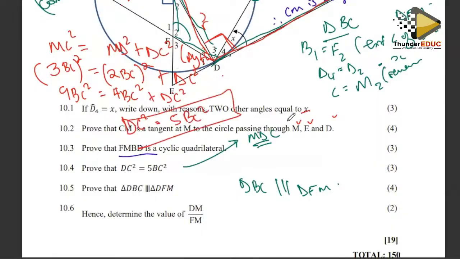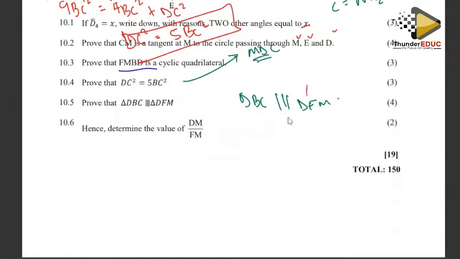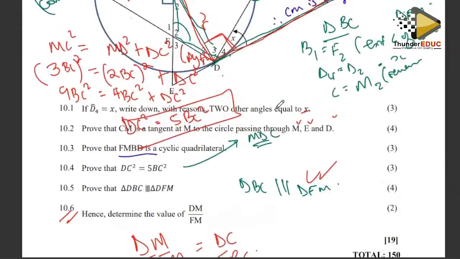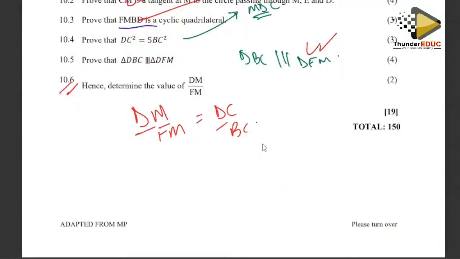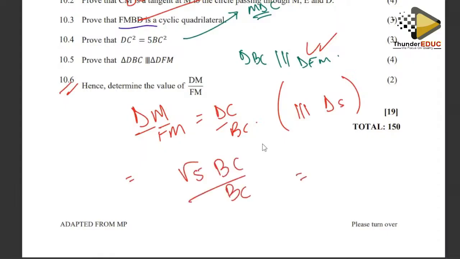Okay, that's fine. And then lastly, we proved that the triangles are similar. So this should be just a walk in the park. So you can say that DM over FM should be the same as DC over BC. Remember, we already proved that the triangles are similar. So if we do that, the reason is going to be similar triangles. So when you do your substitution, you're going to have root 5 of BC over BC, which gives us